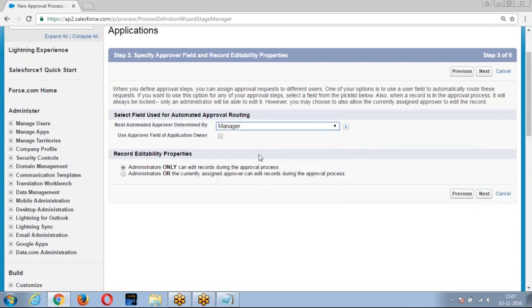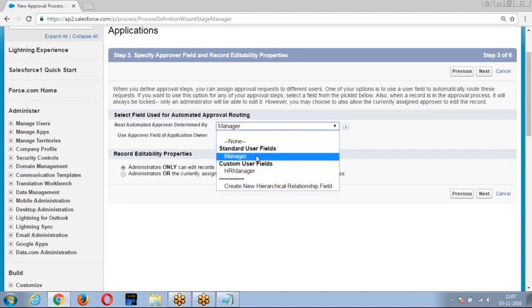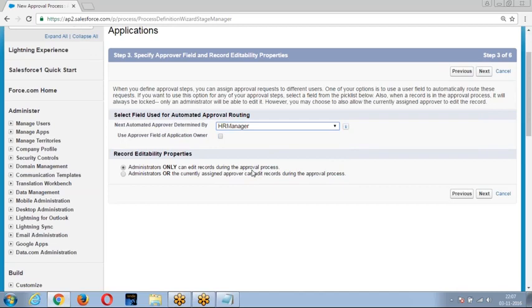When I say manager, whoever is submitting the record, the submitter's manager is the approver. If I say HR manager, whoever is submitting the record, the submitter's HR manager is the next automated approver. If I enable this option, let anybody submit the record, but the record owner's HR manager is the automated approver.